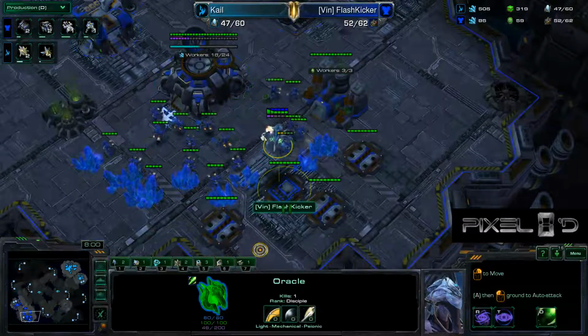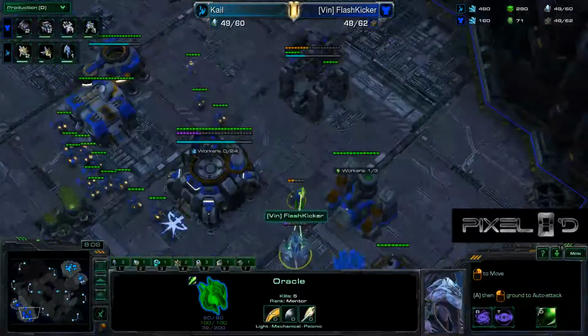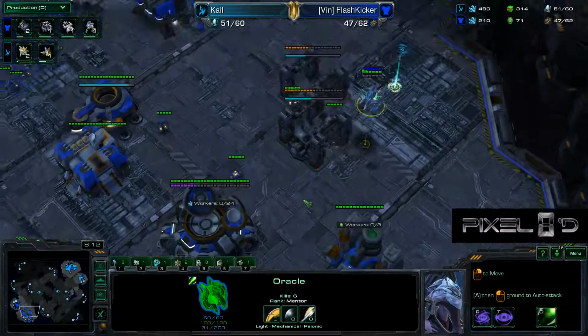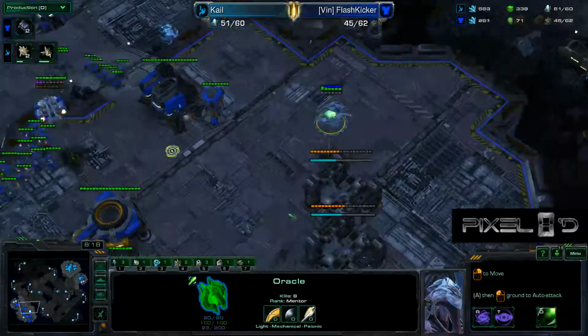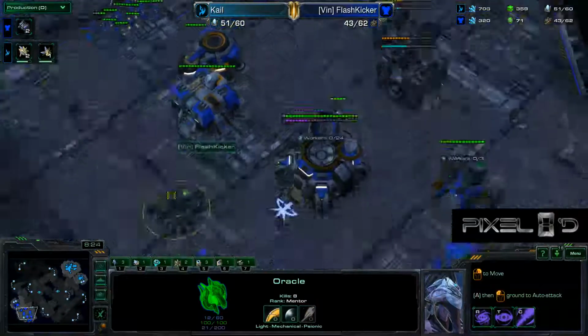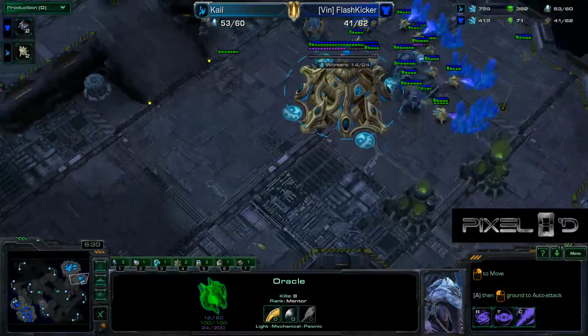Here comes the Oracle. 1, 2, 3, 4, 5, 6, and no, wisely backing off at the last second. 6 worker kills, 7 worker kills, actually 8 worker kills, and going right into the Marines, being forced back. A couple of barracks have yet to actually be